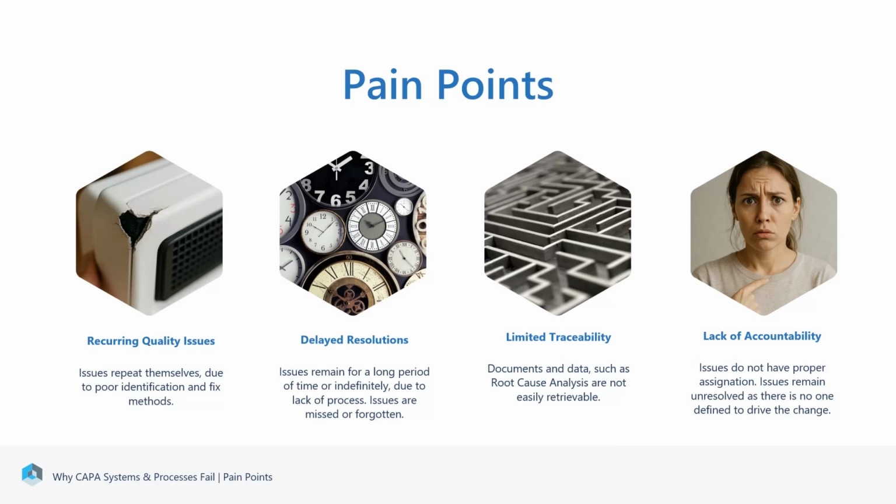We may also have limited traceability. What this means is that we might have issues, but then we write them down somewhere and don't know where to find them. It might well be that we've got documents in place that we don't know where to find. Issues with traceability means that if an auditor comes in, we can't show them an end-to-end process as to identifying the issue, correcting the issue, preventing the issue, etc.